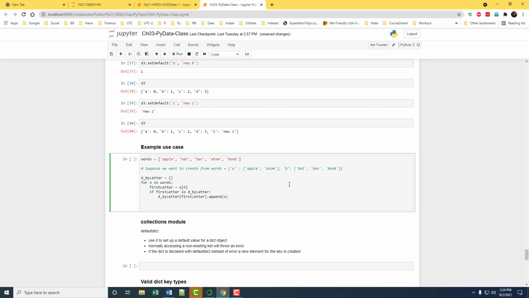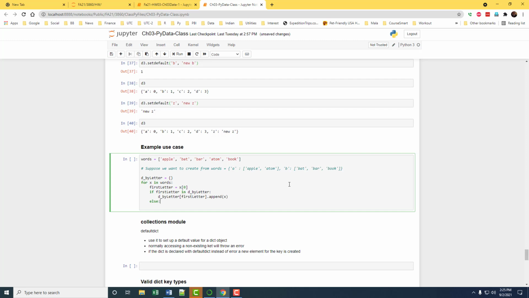Now we say else. It's not there. So then what we have to do is insert a list and key into the dictionary, because it's not there. We have to create a new entry.